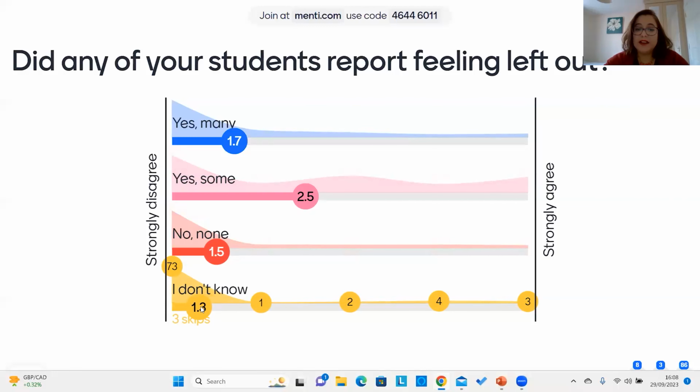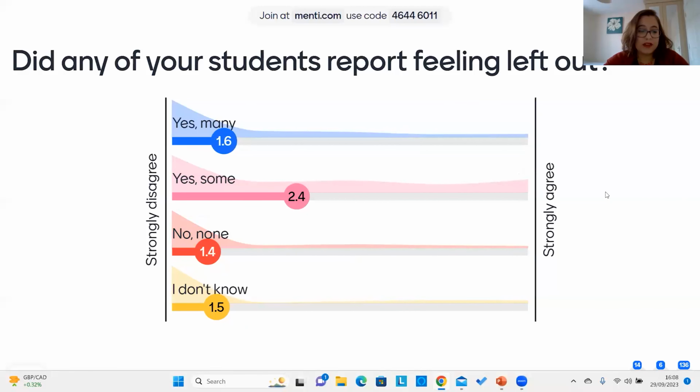Some of you are saying, I don't know, which is fair, because in contexts where, for example, you have large classrooms, you might not have the capability or the capacity to work one-to-one with your students or to create space for an intimate conversation with them, or maybe you don't necessarily have dedicated time to cater to the needs of the students in a personal sense. So thank you so much for responding.